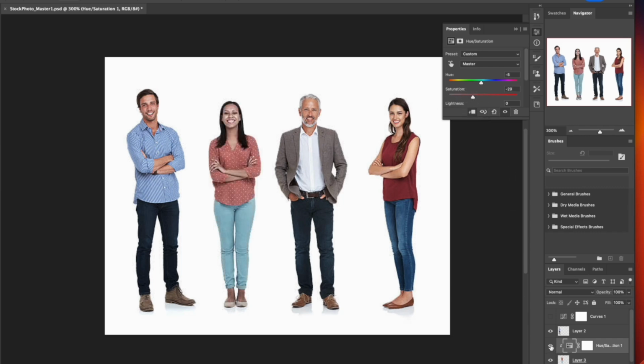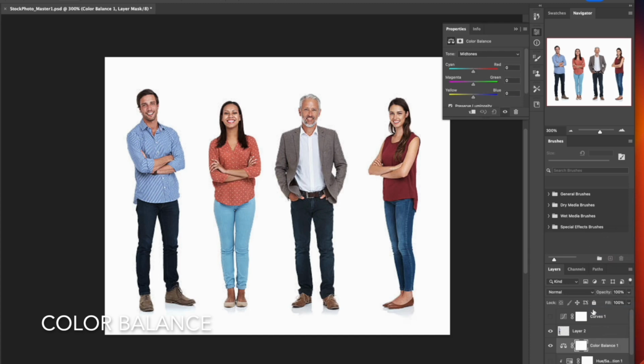Very useful, powerful tool. Okay, let's look at another one. Color balance. This is another one I use quite a bit. Let's move this all the way to the top of our layer stack. And what color balance does is, if you get these three lines here, and it starts to say red, green,